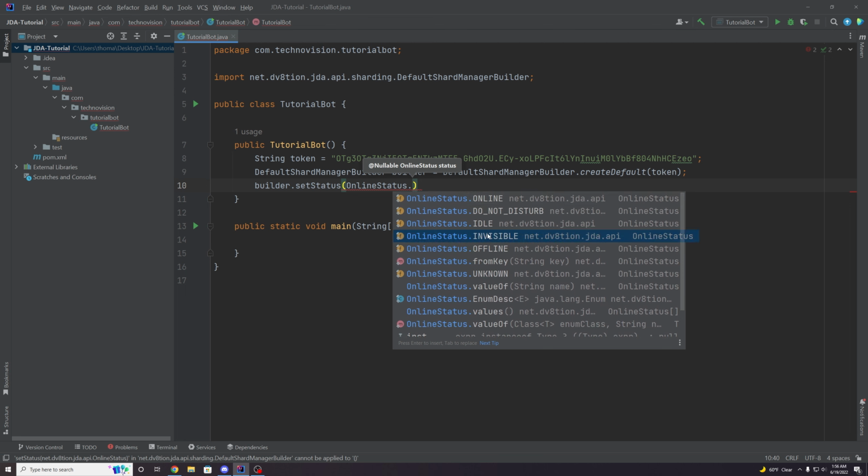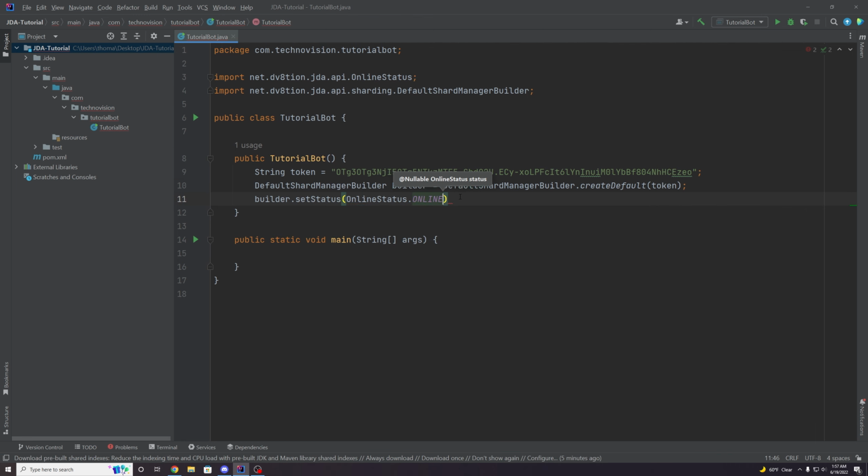So for example, if you wanted your bot to be invisible for whatever reason on Discord, you could select that here. But I'm just going to do online because I want my bot to just look like it's online. And I could also do